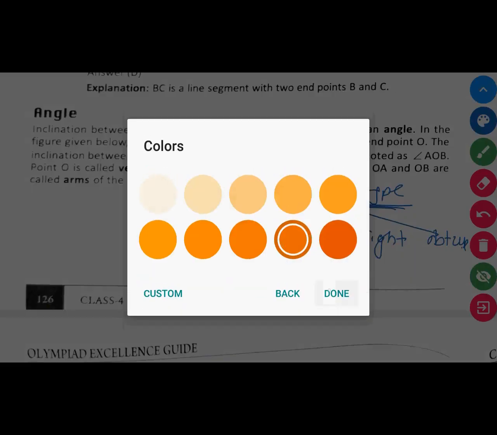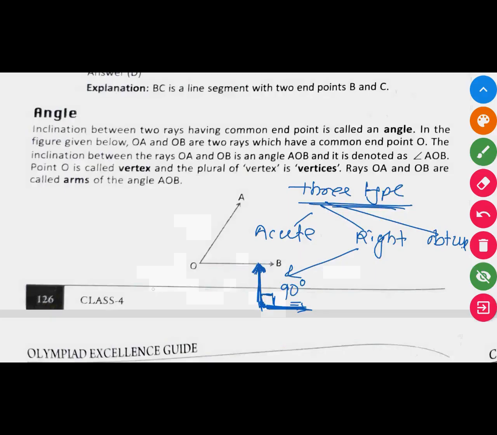If any angle is less than 90 degrees, then it is known as an acute angle, and if any angle is greater than 90 degrees